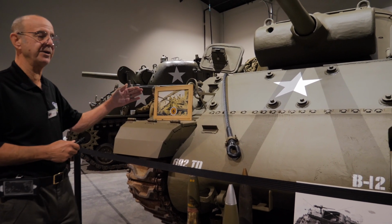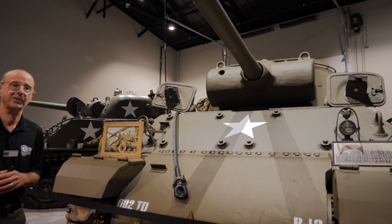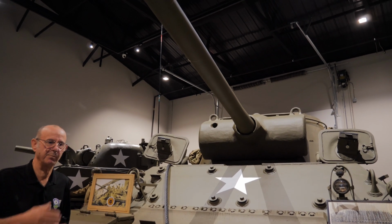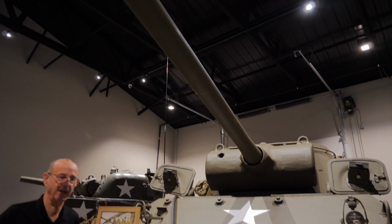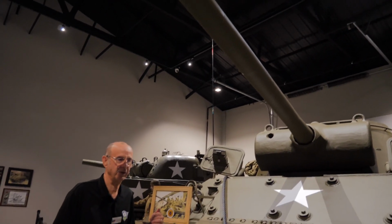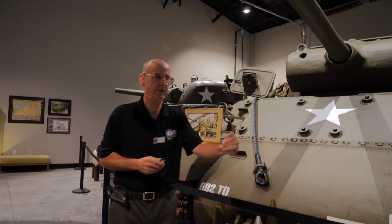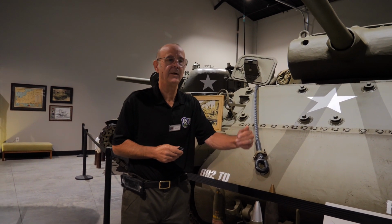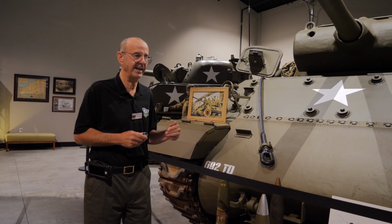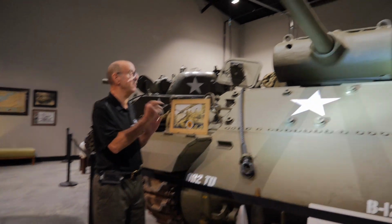So now we're in front of a tank destroyer. This is an M36 tank destroyer. There was a doctrine, an anti-armor doctrine, that the Army attempted to employ against Nazi tanks. And that was to develop a specialized vehicle that could lie in wait and then come out when it was needed to intercept a breakthrough of German armor. And in order to be effective at doing that, they needed a much larger artillery piece. And this gun on here